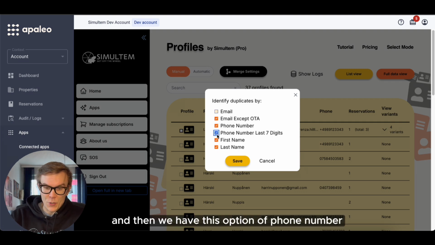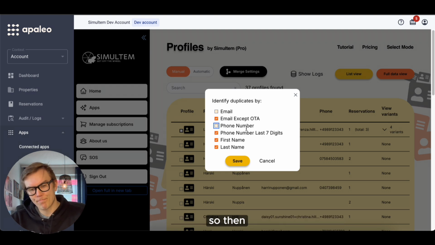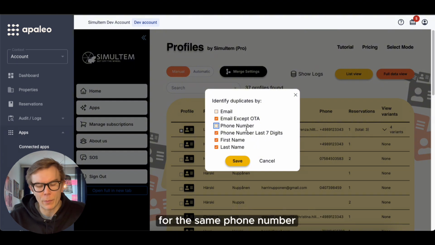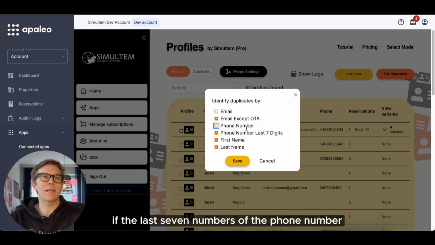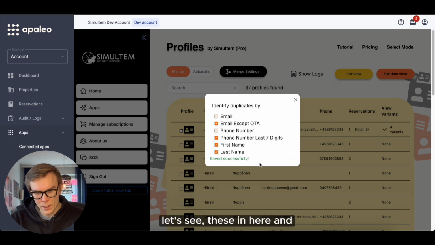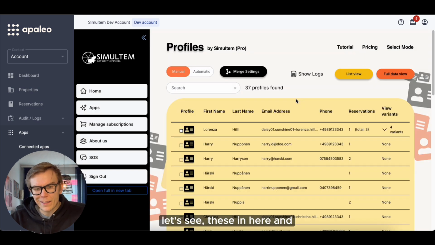And then we have this option of phone number last 7 digits rather than full phone number. So then people with different versions of country code for the same phone number still get grouped if the last 7 numbers of the phone number are the same. All right, let's save these in here,